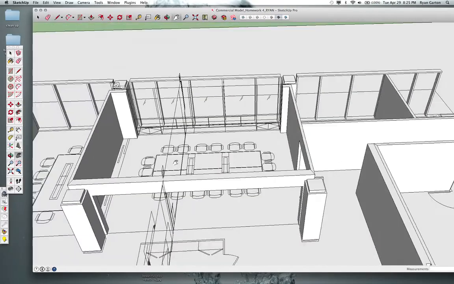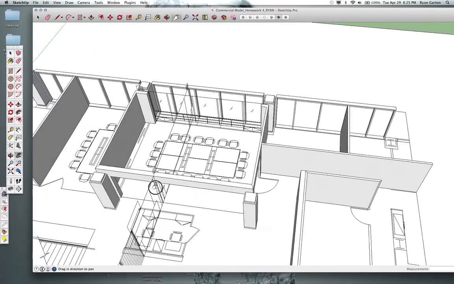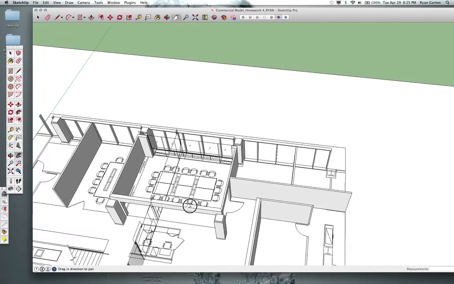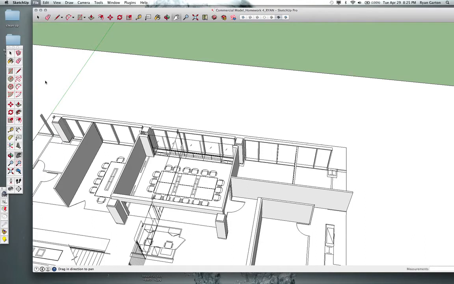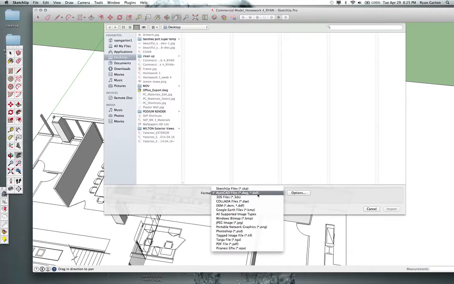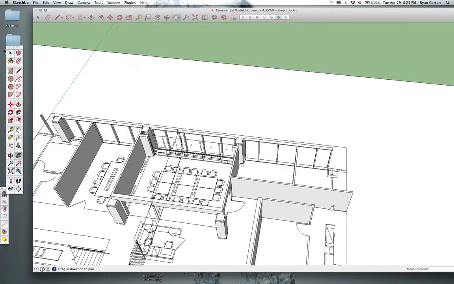When I'm actually filing for a real job or a real project, I'm saving in a much more specific way, and I'm saving components in their own folders where I can find them a lot easier because I don't want to litter up my desktop. To bring in a component, I'm going to go Import, and instead of AutoCAD files, which I have as an option because I have the Pro version, I'm going to go to SketchUp Files, and there's Chair. So I can import that file now,